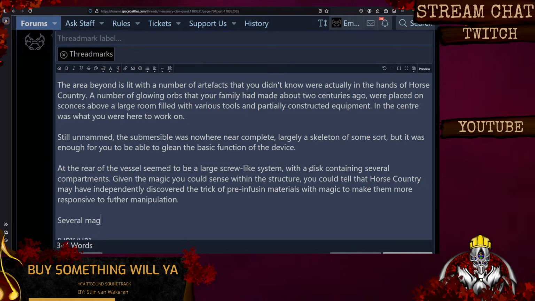Several mages were standing near the device, swinging